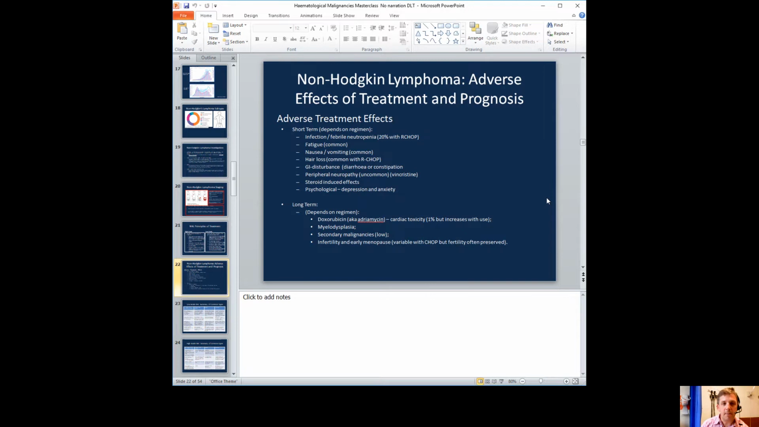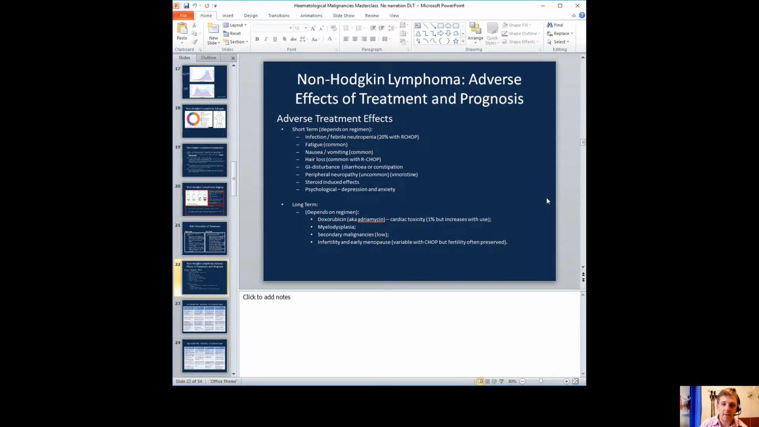We need to think about infections. There's a risk of infections with any kind of chemotherapy. So if we're doing it as an inpatient or an outpatient, we might have them on prophylactic antibiotics and antifungals. We need to think about hair loss, which is very important psychologically to people, fatigue, GI disturbances, constipation and diarrhea are common, nausea obviously, although we have good treatments for nausea, and other individual effects of drugs such as steroid-induced